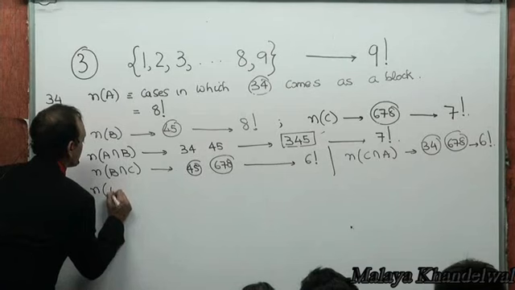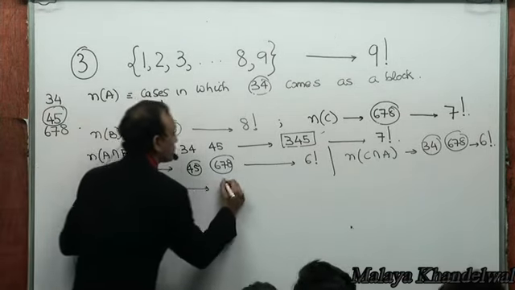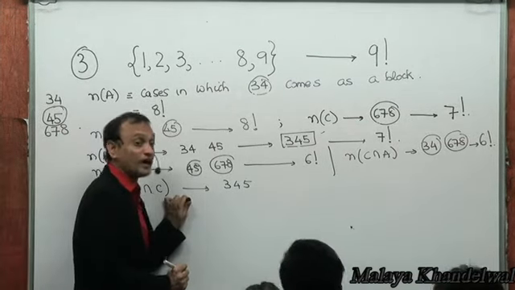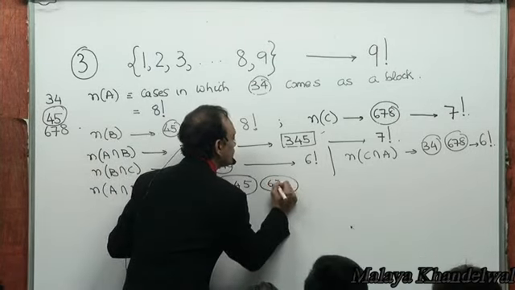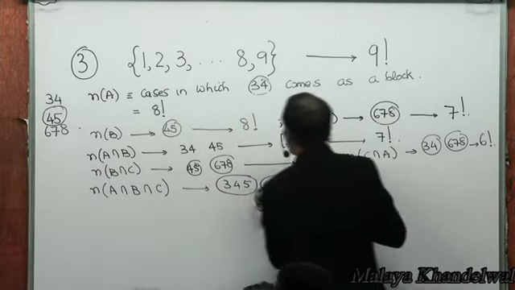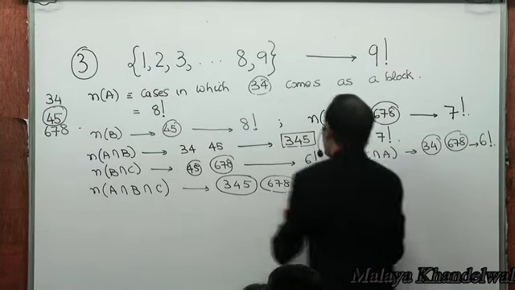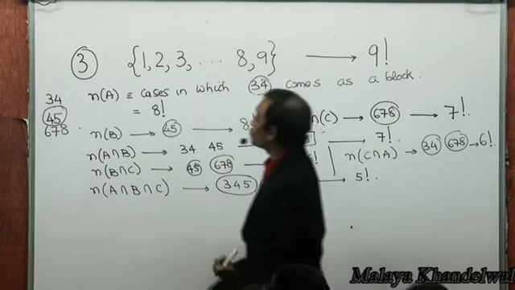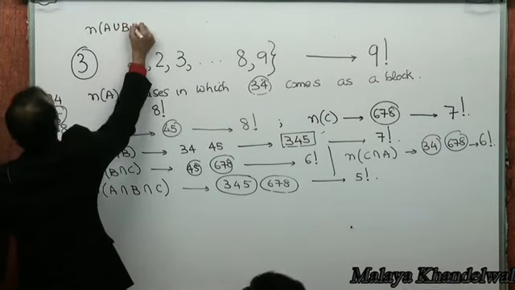Number of cases in which A and B and C come together: 3, 4 and 4, 5 is like 3, 4, 5, and 6, 7, 8. These two come as a unit. How many? 5 factorial, because 3 units left from there, 4 and 1, 5 units permuted in 5 factorial ways. So number of cases in which A or B or C, that means at least one of them would come, would be, from the principle of inclusion exclusion,